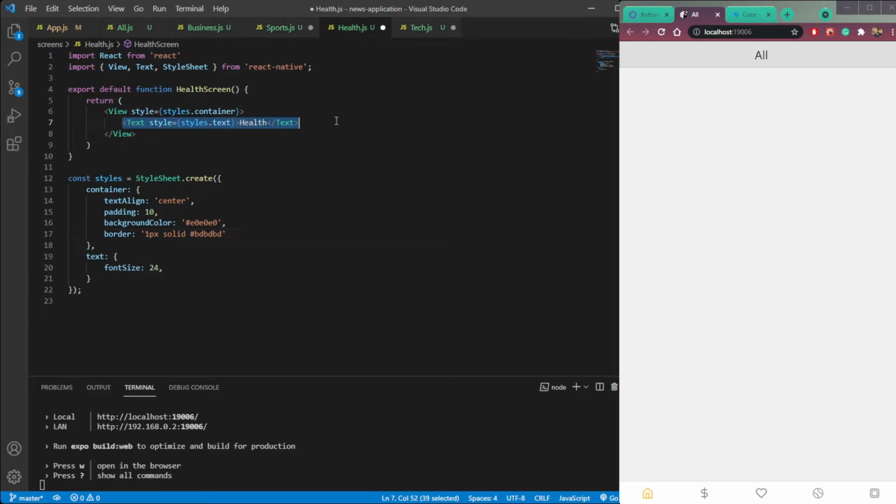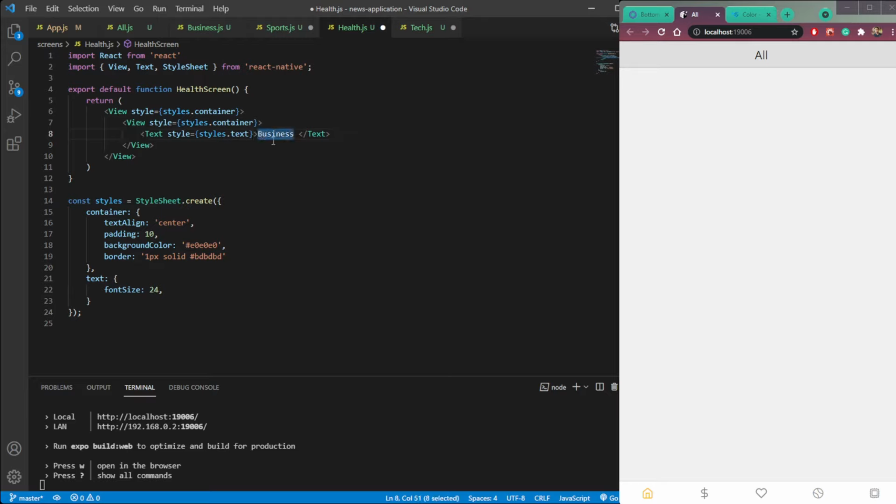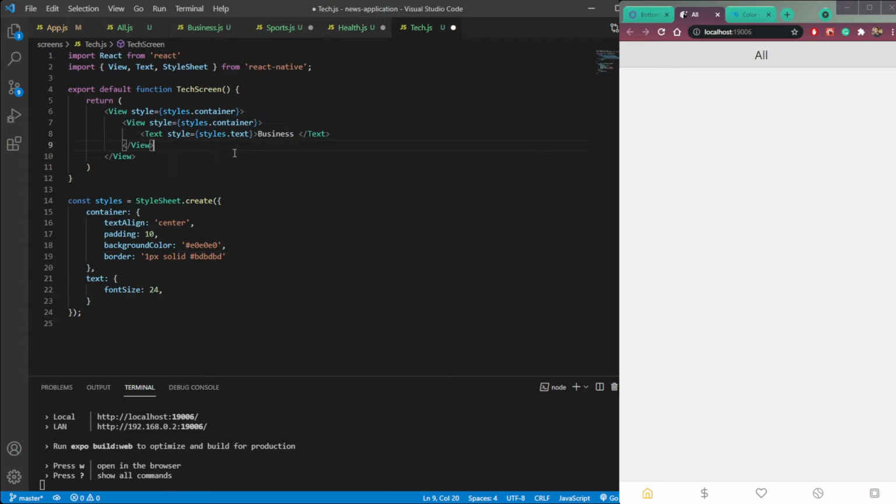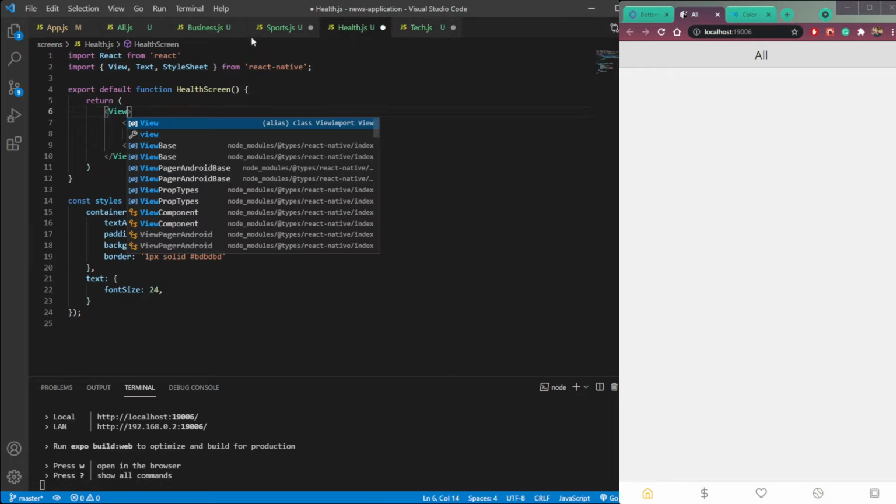Then here make it health, and in this tech do the same, so make it tech, remove the styles from the main view, from this health screen as well.